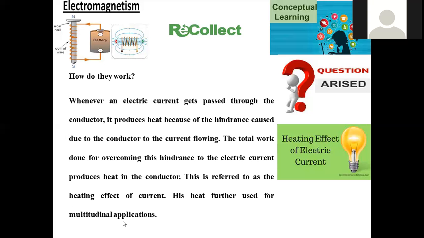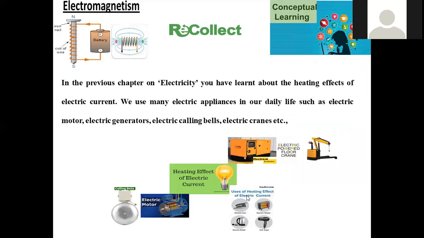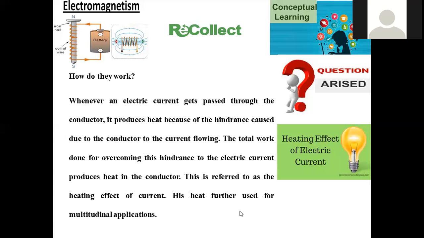Heat is further used in multitudinal applications. Now this heat can be applied in so many ways, like electrical iron, the kettle, and the hair dryer. All these are working based on this heat effect only. So how is this heat effect originated? Because current is conveniently flowing from one end to another through the conducting material.